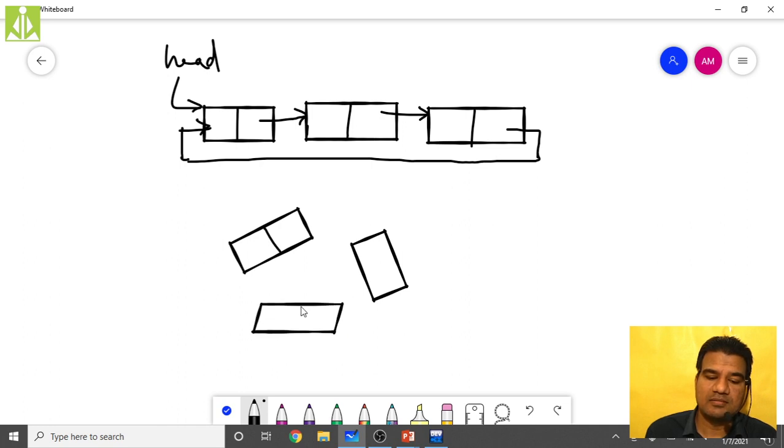So I'm abbreviating whatever I have given over here. I'm giving the clarity on this one. So if this is my head, then this will become my first node, isn't it? So if this is my first node, the next pointer should point to the